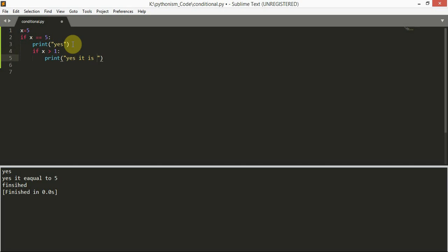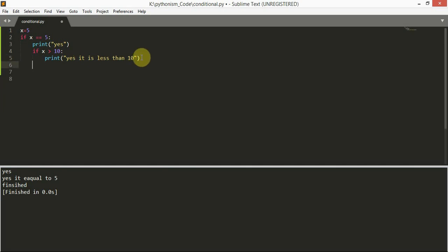For example, let's say I'm checking whether it is greater than 10 or not. The value is 5. I'm checking whether it is equal to 5 or not. If it is equal to 5, then it executes this print statement, and then again I'm checking one more condition here using an if statement, x greater than 10 or not. So that means 5 greater than 10 or not. Yes, it is less than 10. I'm using one statement here.